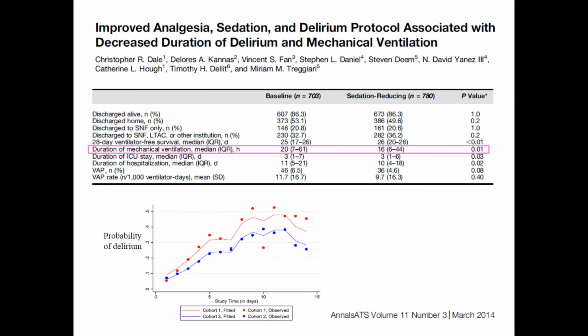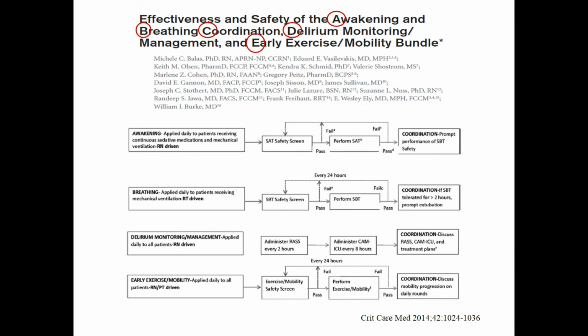And then they instituted a protocol to improve their use of analgesia and sedation to see whether it could have an effect on their outcomes. And in this red line, you can see that before they instituted their sedation and analgesia reducing protocol, they had a higher incidence of delirium than after they instituted their protocol. And so that was a very successful result of a protocolized approach to sedation and analgesia,